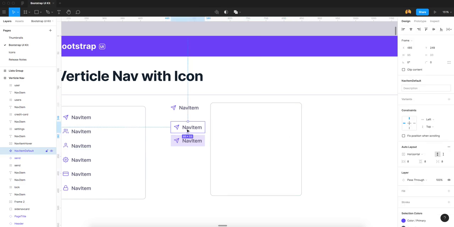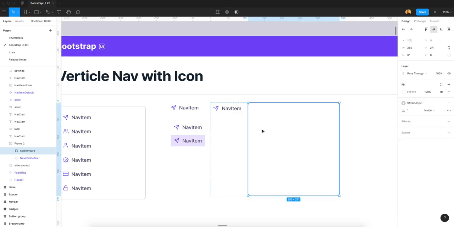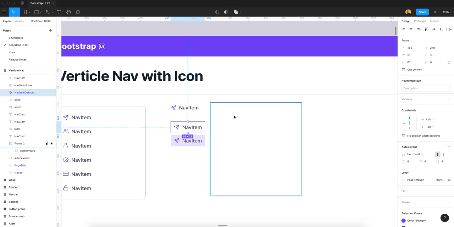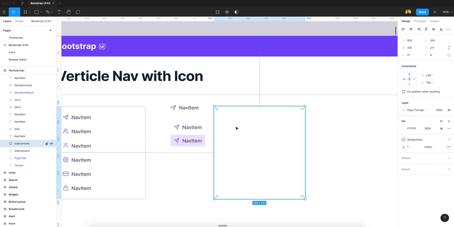So I am just putting this nav item, copy with alt and drag into the card. See, there will be some mistakes here, so I'm just deleting it and deleting this working as a card.